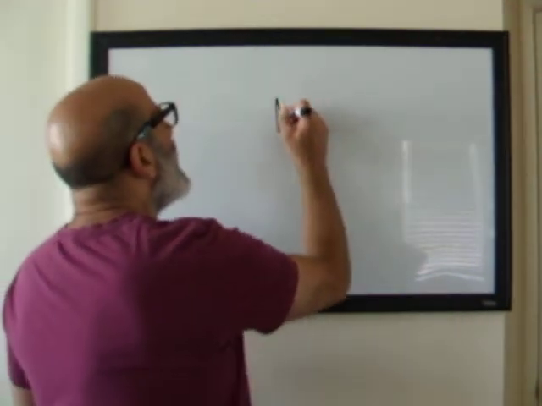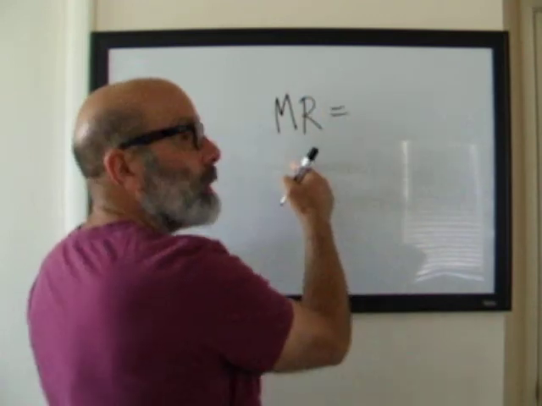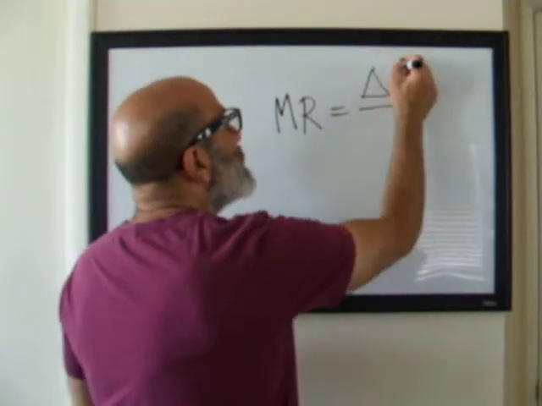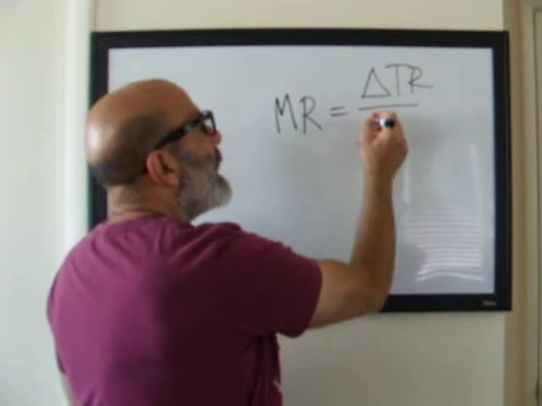Hey, in this presentation we want to talk about marginal revenue product. Now, MRP, marginal revenue product, is a combination of ideas about marginal revenue and marginal product. So let's start there. We know that MR, marginal revenue, is the change in total revenue divided by the change